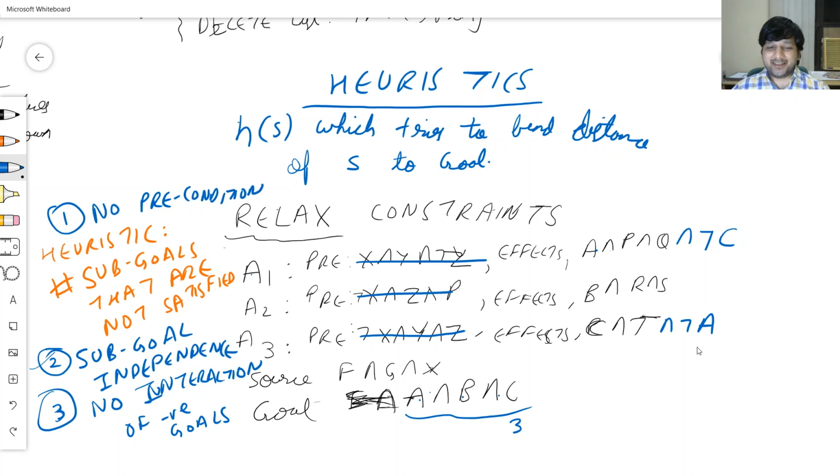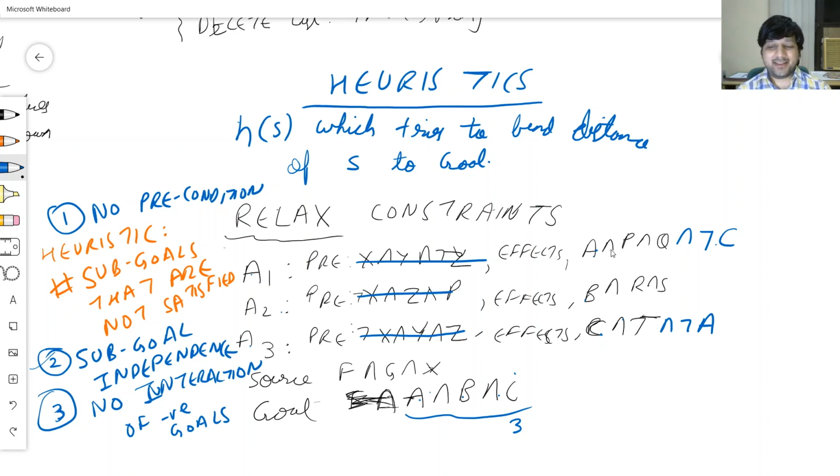So the problem is that if I add, instead of C, not C here, and let's say not A here, I still apply A1, A2, A3. If I apply A1, no precondition, I do get A, but I also get a not C. That's negating what I get into the goal. If I then apply A2, of course I get a B. If I apply A3, I do get C, but my A is undone. It's unachieved. Or a goal that I achieved earlier is now removed. So it does not matter in which order you apply them. One is undoing the effects of the other,